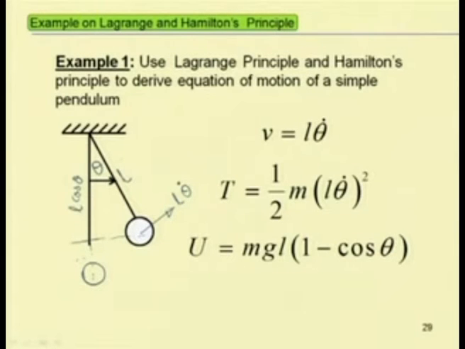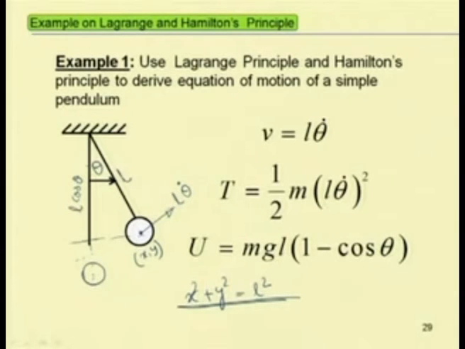One can take an x and y coordinate system, but if one takes x and y coordinates to locate the position of this pendulum, then the equation can be written in terms of x or y, as x and y are related by a constraint equation. That is, if this coordinate is x, y, then one can write x square plus y square equal to L square. So either one can use the generalized coordinates x or y or theta to determine this equation of motion.